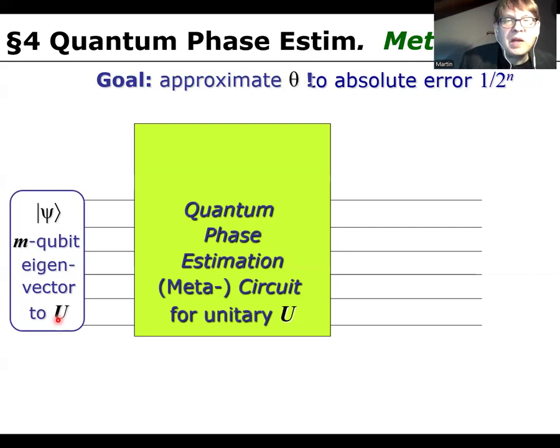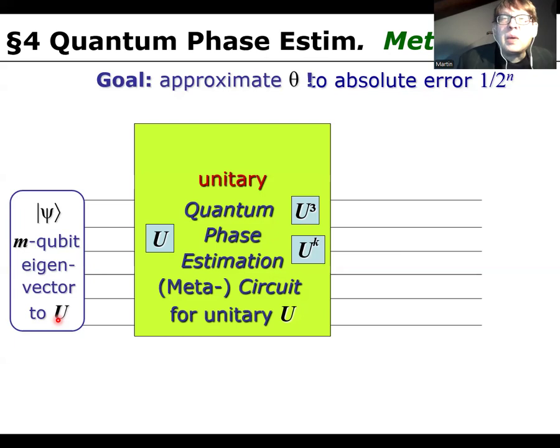So this is a quantum phase estimation meta circuit solving the quantum phase estimation problem for a given unitary transform U. It will include U, and it will include powers of U, here third power or kth power, and then it will in turn have to be a unitary circuit so that we can actually build it as a quantum circuit. And as I said, the output will be an approximation up to n bits of this phase,